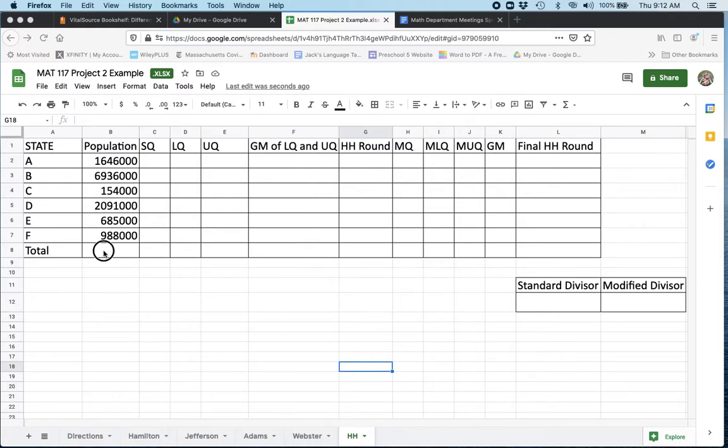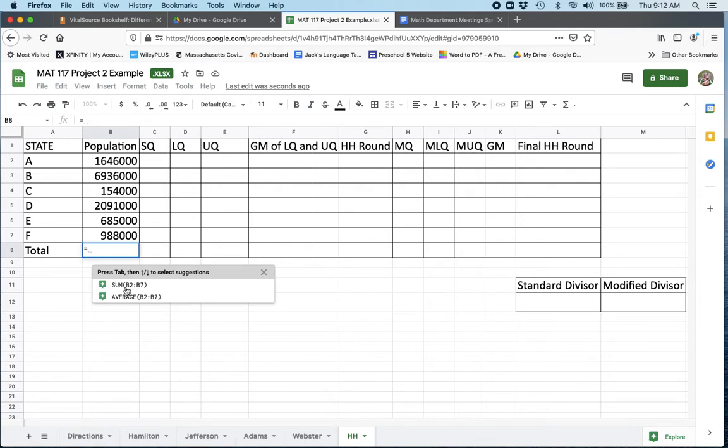So, like all the apportionment methods, we start by adding up the sum of the states' populations. And Excel is suggesting, it's giving me 2 possibilities. It says, do you want to add all the numbers from B2 to B7, or do you want to take their average? I definitely want to add them, so I'm going to choose that suggestion, 12,500,000. Okay, next we calculate the standard divisor. That is the total population divided by the number of seats,